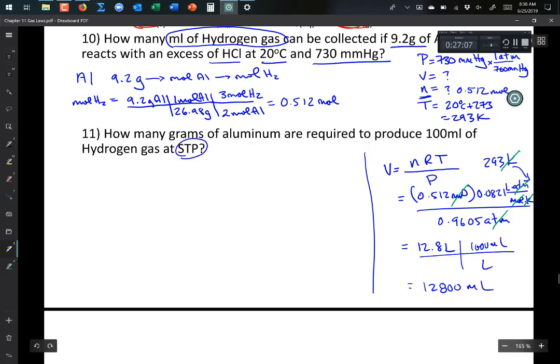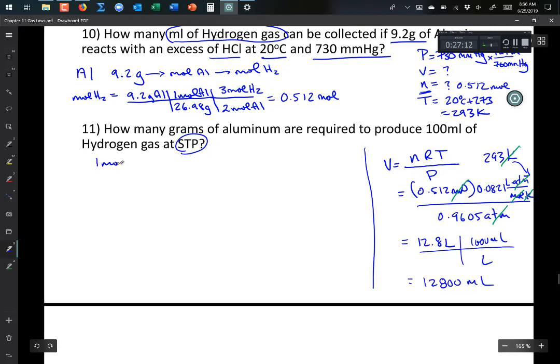All right, so STP, we talked about what standard temperature and pressure were. It turns out that 1 mole of any gas has a volume of 22.4. Some people know the 4 sig fig version, and some people know the 3 sig fig version. Do you guys know which one you know? The 3? Okay, so we'll stick with that. I'm just guessing at how many sig figs you know things to. 22.4 liters. So that's what a mole of gas is equal to in its volume at 0 degrees Celsius and